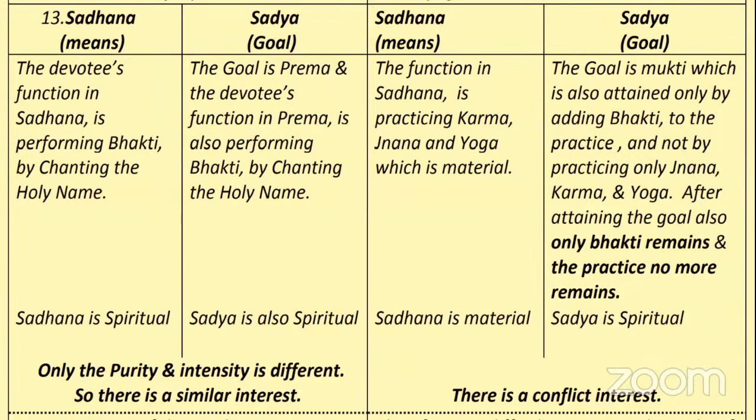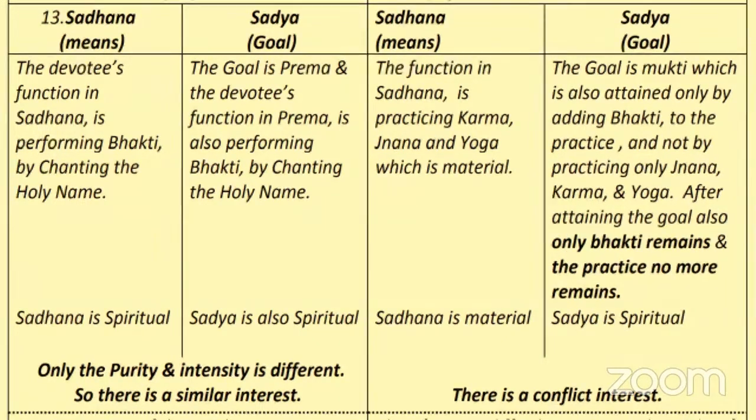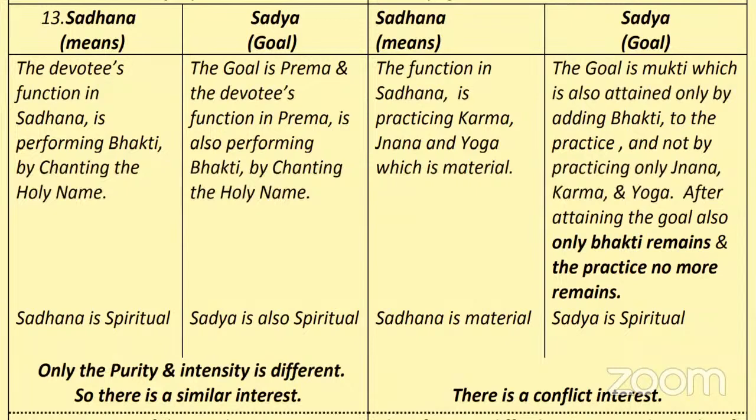So in sadhana, the devotee is chanting, hearing, studying, remembering, smarana, doing all 64 angas of bhakti. In sadhana bhakti. In sadhya, the goal, maybe he is not practicing all the 64 angas of bhakti, but again he is chanting, shravanam, smaranam, kirtanam, all this only he is also doing.